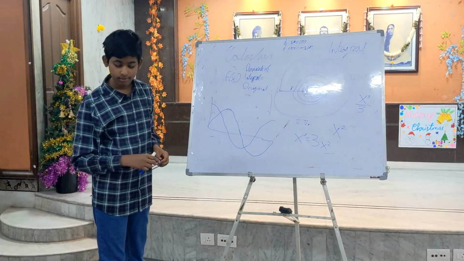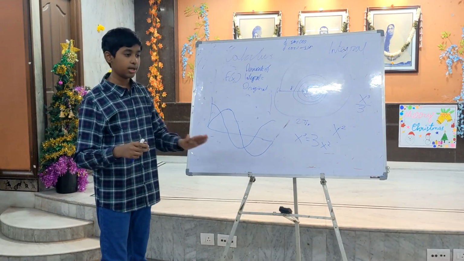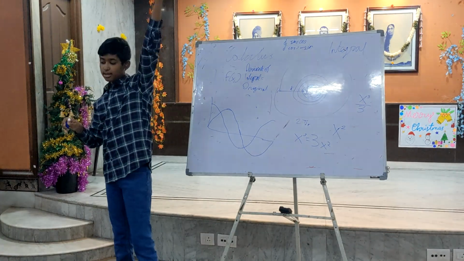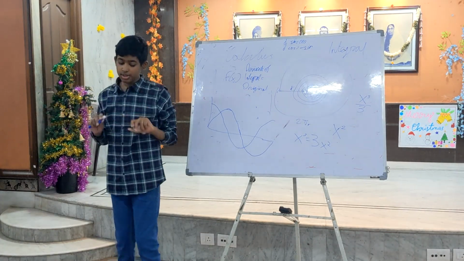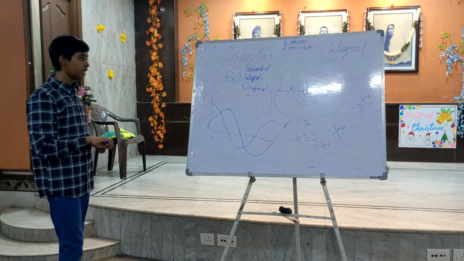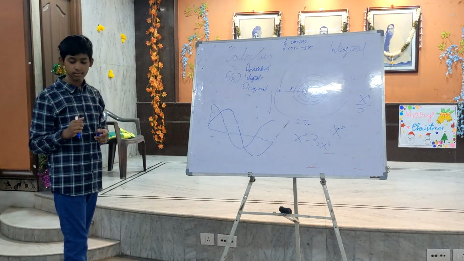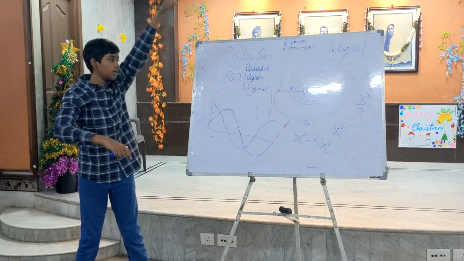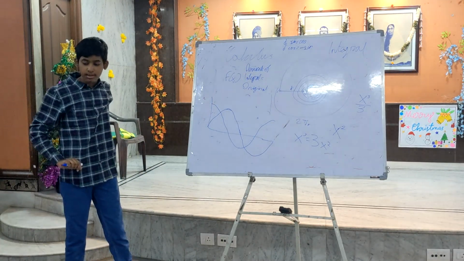Sine of 180 is equal to 0. Yes, because if you have a 180 degree angle, the height is equal to 0. That's made half a turn. So sine of 180 is equal to 0. Now, cosine of 180 is equal to minus 1, because this is 1 horizontal. If you do this, this becomes 1 negative.